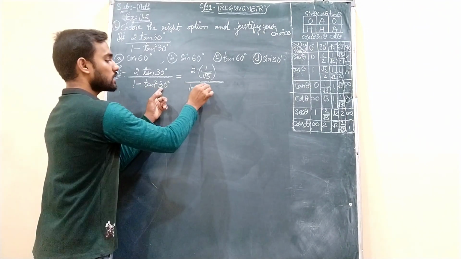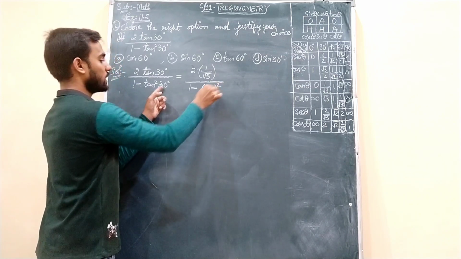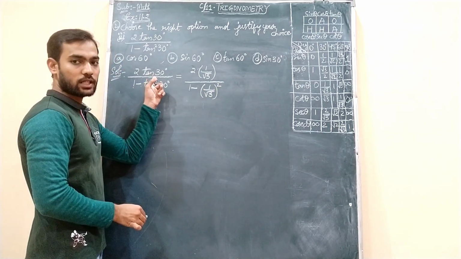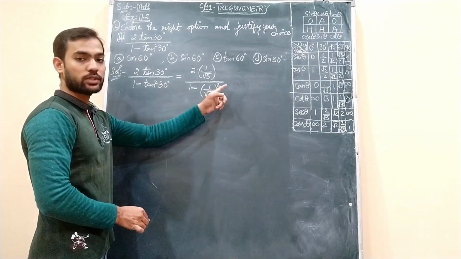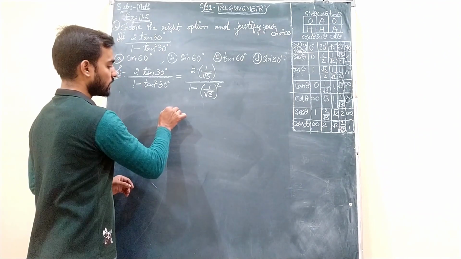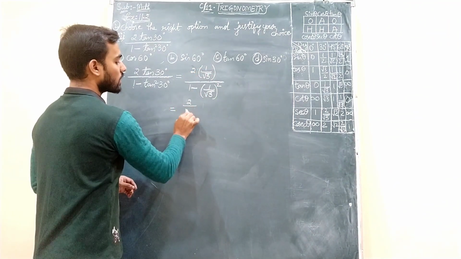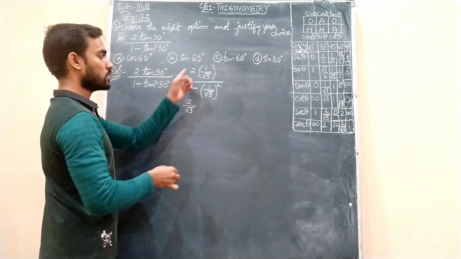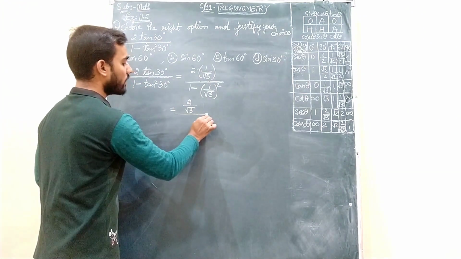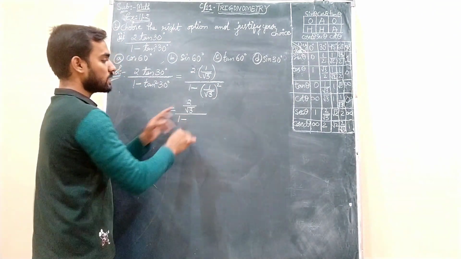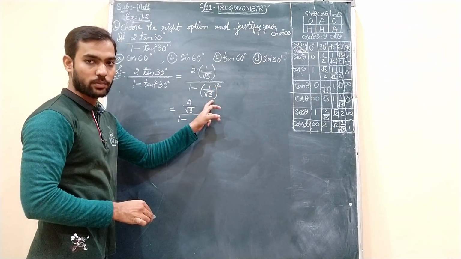30 degree means the tan 30 value, which is 1 by root 3, should be squared, because the square is given here. In numerator no square is given, so we wrote only 1 by root 3. Here square is given, that is the reason 1 by root 3 whole square we have copied. Okay, now multiplying these two, 2 ones are 2 by root 3 you will get, because numerators only get multiplied. 2 ones are 2 by root 3 remains as it is, whole divided by 1 minus 1 by root 3 whole square, which means this square is there for numerator as well as denominator.